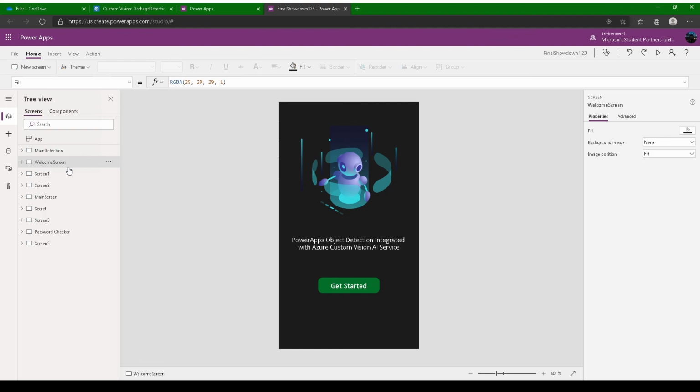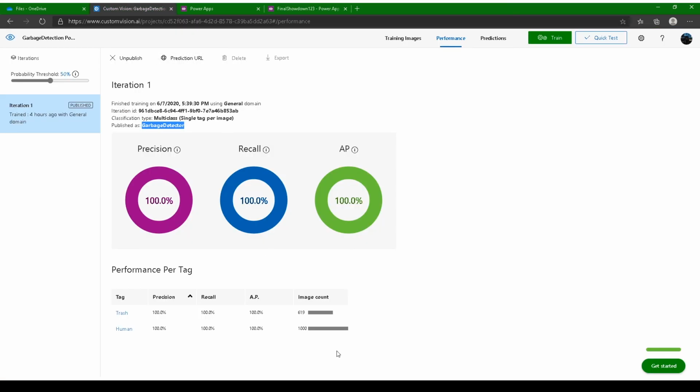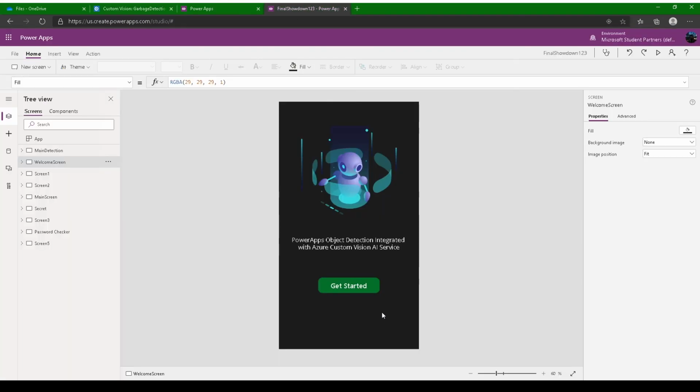You don't need to write 100 lines of code. And as you can see, I just wrote a few snippets of code. I just need to remember a few snippets of code, the programming buttons and everything, and everything's all done in the backend. You don't even need to write code to train your model. You can just click train, and if it's quick training, it's 5 minutes. And if you want to go into more depth, you can allocate the time also, and it's pretty accurate, as you can see.